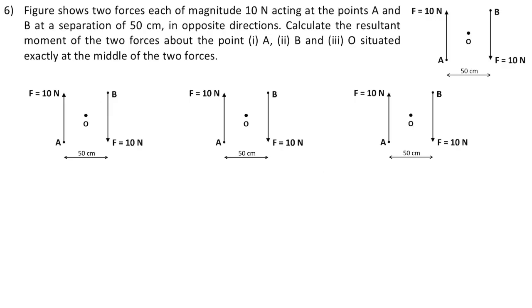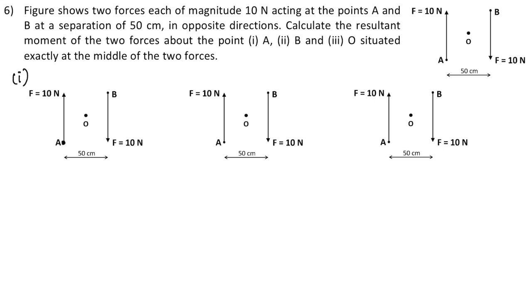Sixth question. Figure shows two forces each of magnitude 10 Newton acting at points A and B at a separation of 50 centimeter in opposite directions. Calculate the resultant moment of the two forces about point A, B and O situated exactly at the middle of the two forces. Alright, so in the first case, we want to find out the moment of force about point